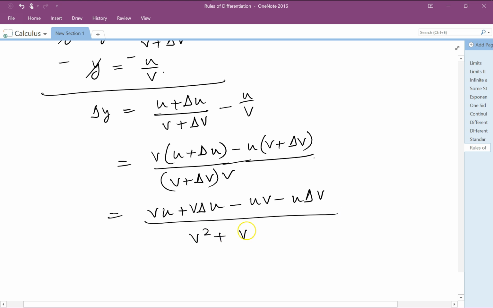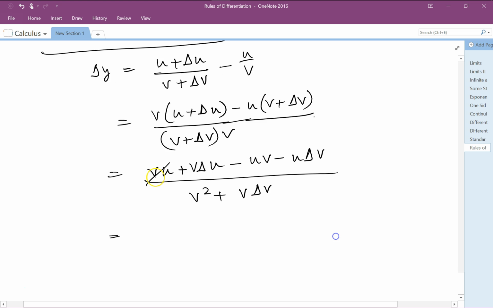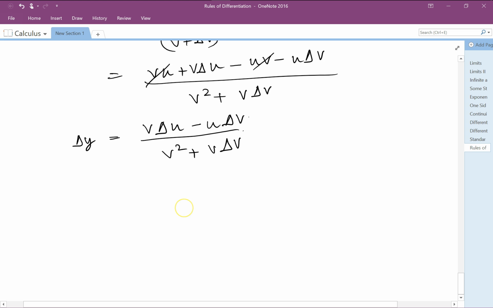plus v delta v. vu and uv, they are both the same, so take them out. So we are left with v delta u minus u delta v, divided by v square plus v delta v. Now we require delta y by delta x. So divide it by delta x: v delta u minus u delta v divided by v square plus v delta v,